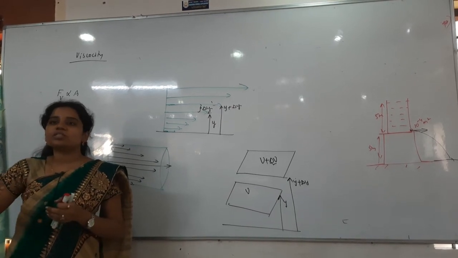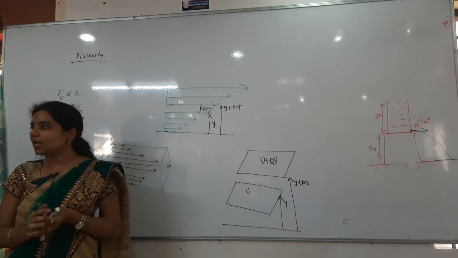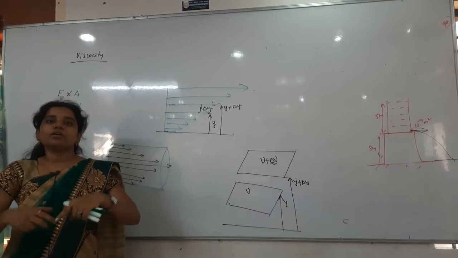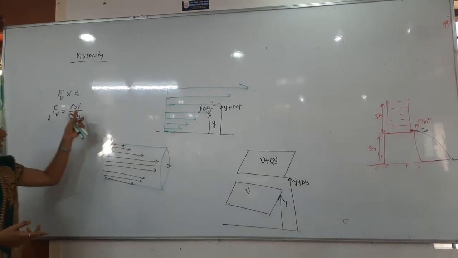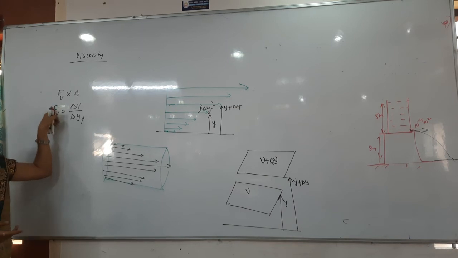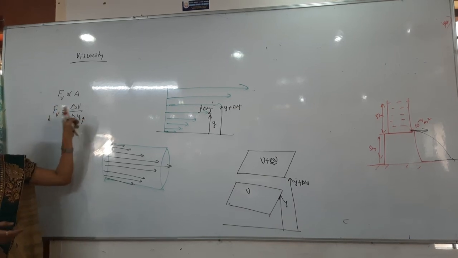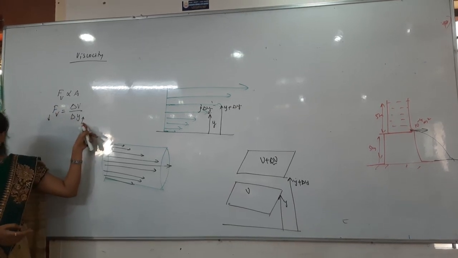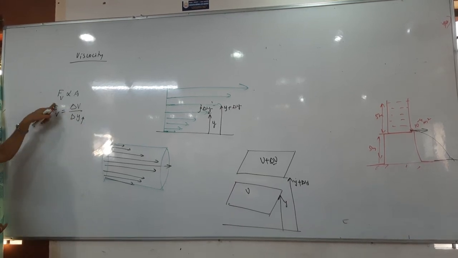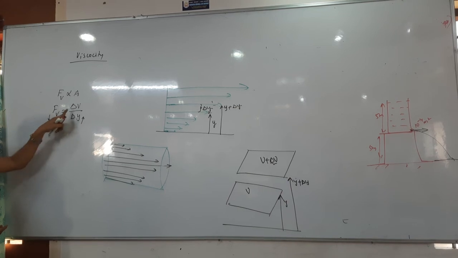For example, if you are going slowly and then you apply the brake, nothing will happen. Why? Because if the velocity increases, then friction will also increase. So only when the difference of velocity is increasing, friction is increasing. Friction is directly proportional to the velocity, and inversely proportional to the separation. You are understanding that? So the viscous force is directly proportional to the area and